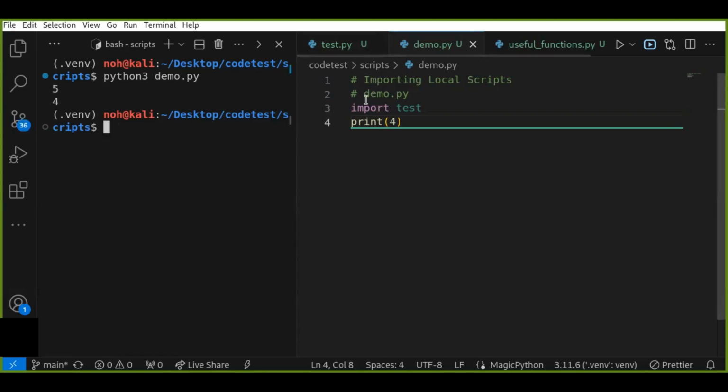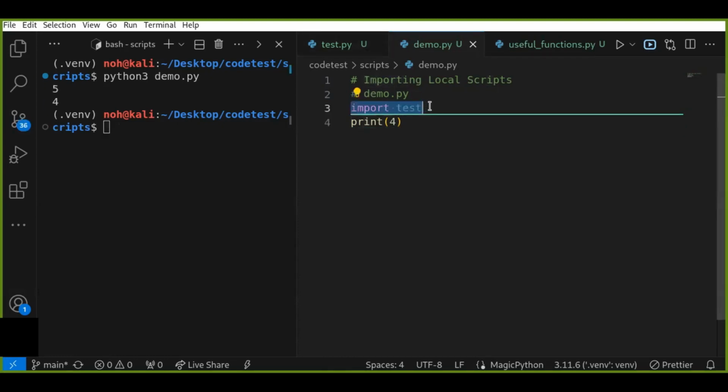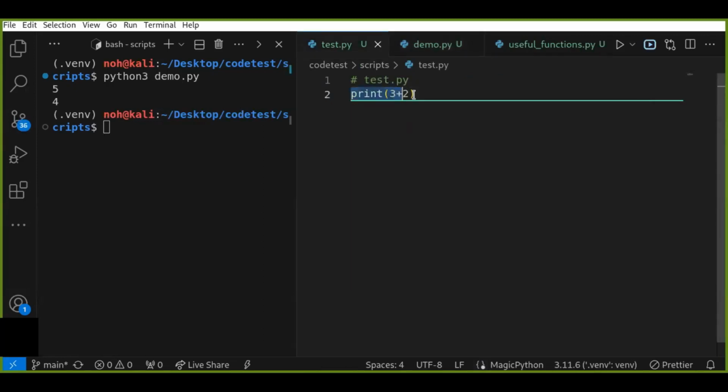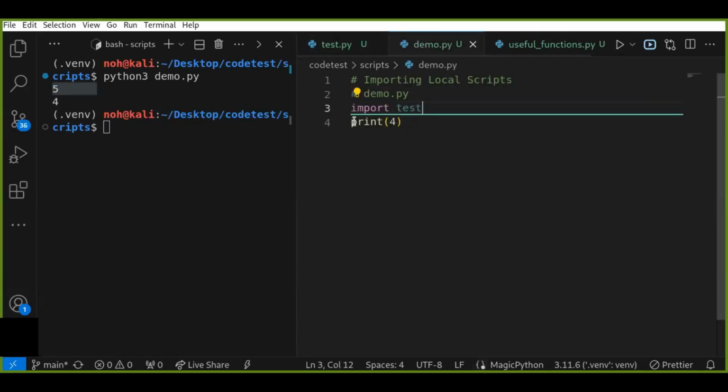As you can see, I imported the test script. The test script just prints 3+2, which is 5. And then there is another statement defined in the demo.py file that is just printing 4. So this automatically runs the code, which means I have told the Python interpreter that I have imported the test file in this demo.py file, and that test script contains the code which prints